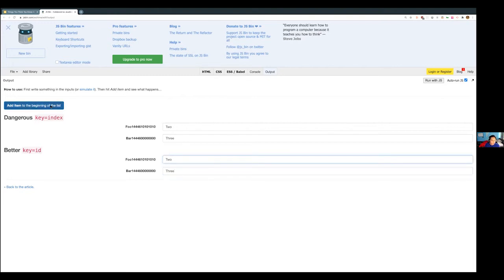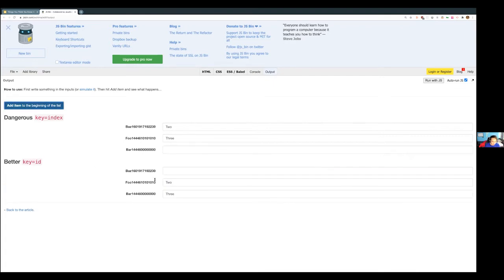If I click on add an item to the beginning of the list, it's gonna shift the array, right? So if I click on this, you can see that the ID actually added it to the beginning, but the index one, it appears on the UI that it's at the end actually. But if we look at the actual arrays, it's really in the beginning. So here I can type 1 and 1, and if I were to inspect this here,